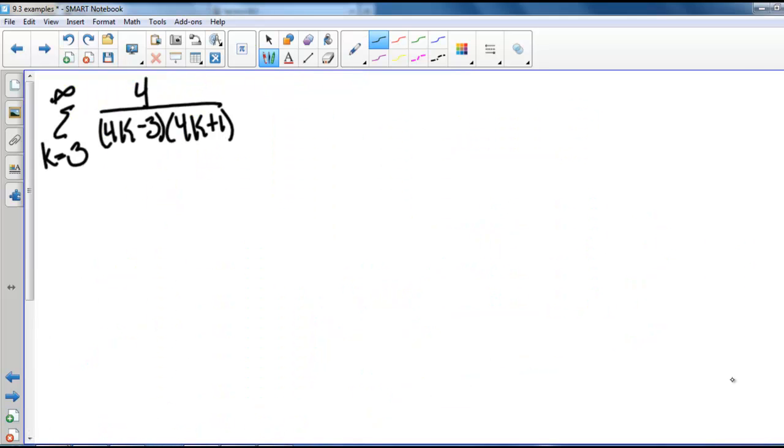Here we have the series k equals 3 to infinity of 4 divided by 4k minus 3 times 4k plus 1. Looking at this series, we see that there is a product in the denominator. So it looks like this could be rewritten using partial fractions into two separate fractions. So looking at that, we have 4 divided by 4k minus 3 times 4k plus 1